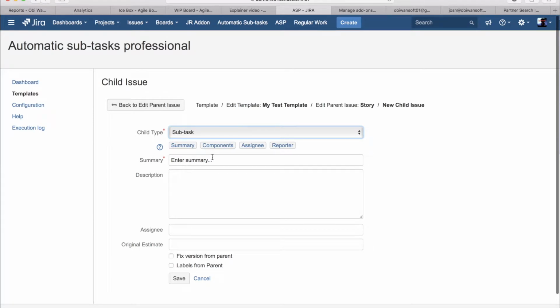If we want to reuse some information from the parent task, such as the parent task summary or components or assignee or reporter, we can use that on the child issues. So in the case of analysis, we can always say, take the summary from the parent and add analysis completed. You can do the same in the description field. So we can say assignee, and then, or actually reporter is better, in case they didn't mark the assignee yet. So reporter,